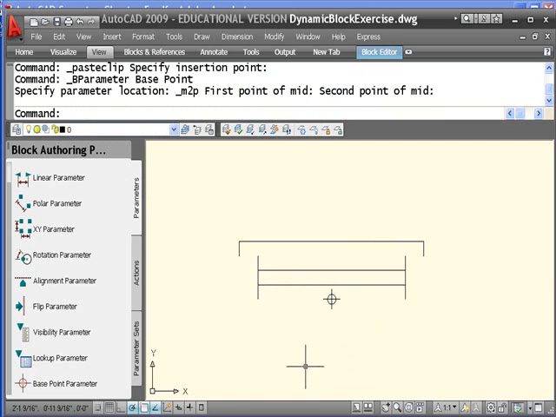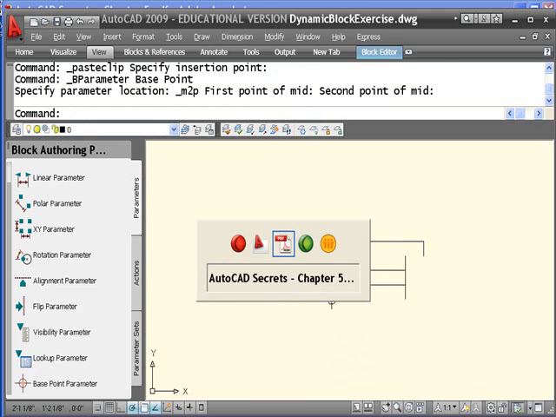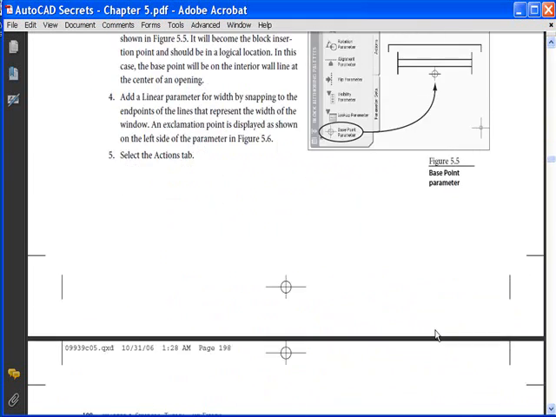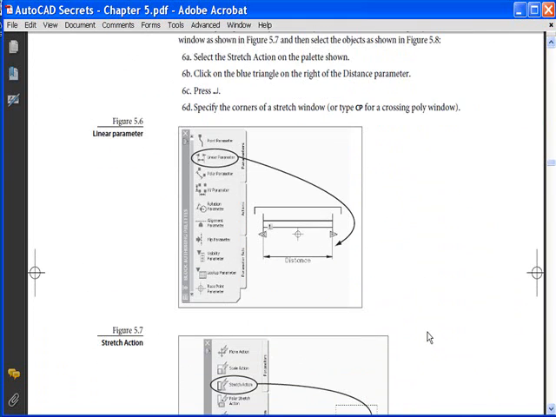That becomes the insertion point. You can only have one base point parameter per drawing, per block definition. So that's what we start with right here. Now if we come on down, next thing I want to do is to add a linear parameter using that parameters